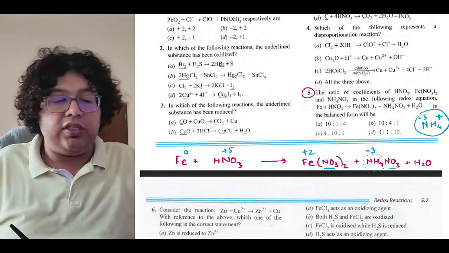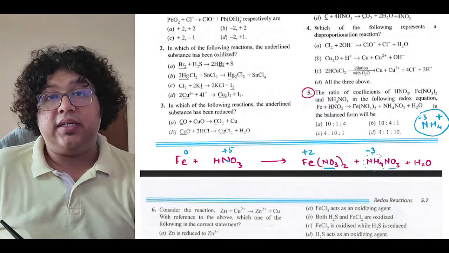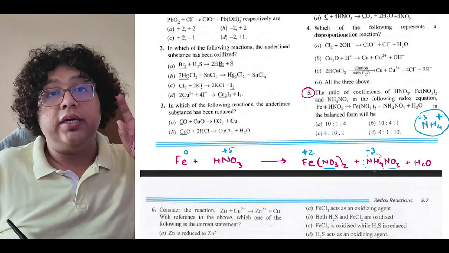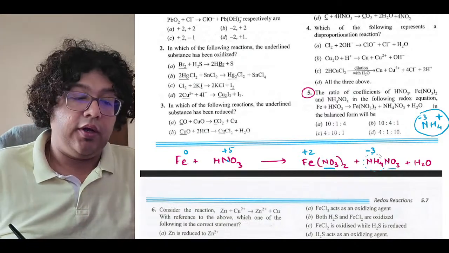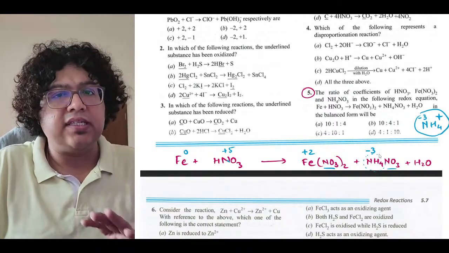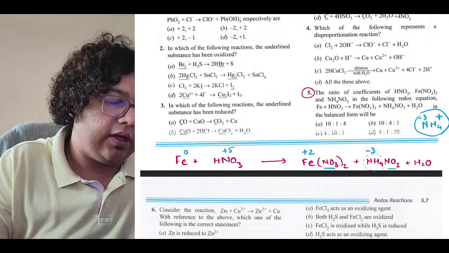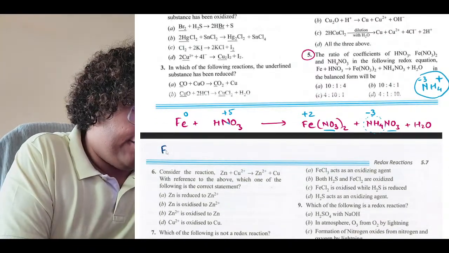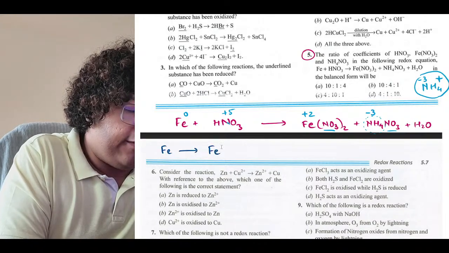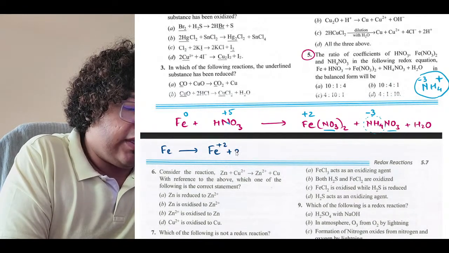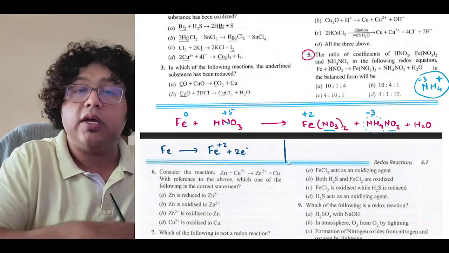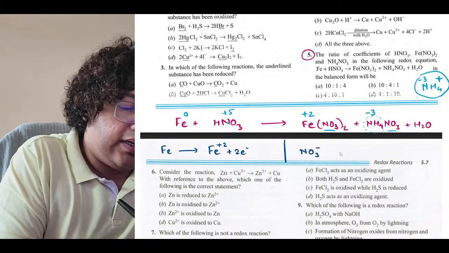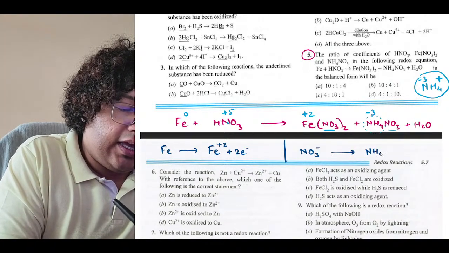Now the beauty of this question is that some of the nitrate ions will get reduced to ammonium, from +5 to -3, whereas the rest of the nitrate will remain as it is, just as an ion in the reaction. Okay, so let me write down the half reactions. The half reaction is Fe forming Fe plus 2. Obviously, along with that, it will produce 2 electrons. So this is my oxidation half. On the reduction front, we have NO3 minus converting into NH4 plus.